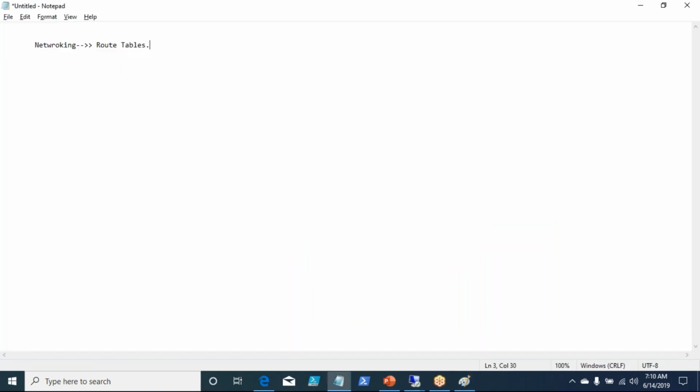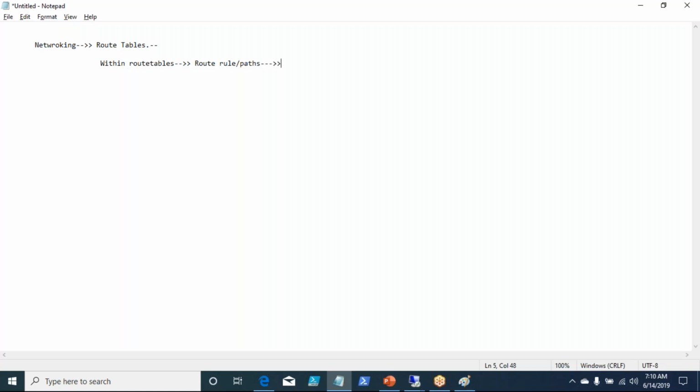Right? Now for that, what we are going to do is create something called route tables, and within route tables you create something called rules or paths. Route rules or route paths. Now these rules or paths will define, okay, from this subnet, the traffic should go through this particular appliance or through this particular device in subnet A, right? That's what we are going to go and see.